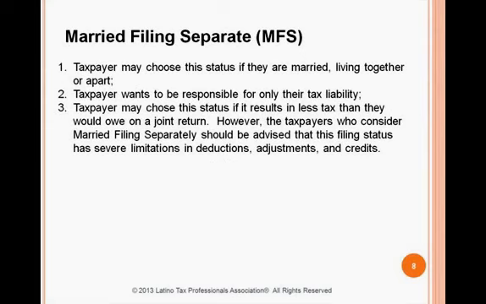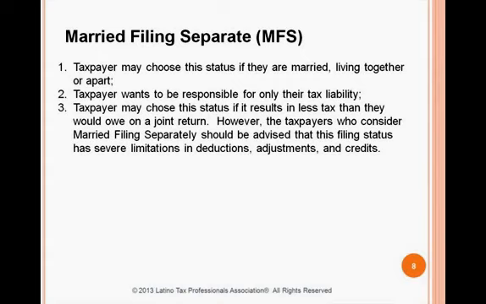Married filing separate is not very popular, and just not a good option for many people. Taxpayers may choose this status if they are married, living together or apart, and the taxpayer wants to be responsible for only their tax liability. Many times a married couple will choose married filing separate because of a back debt, either taxes or child support